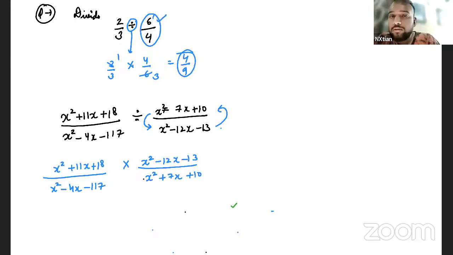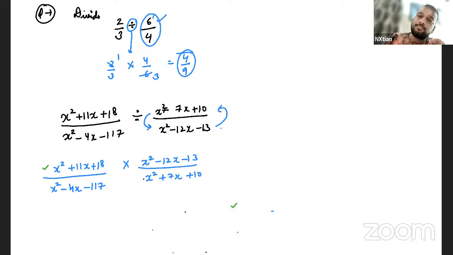Joshua, you got the factors? No, sir. You got stuck, then ask. If you want to ask something, then ask it. You have to do middle term splitting on x square, middle term splitting of each number. So how will you do the middle term splitting? You just tell me the step, then I will do it on the video.